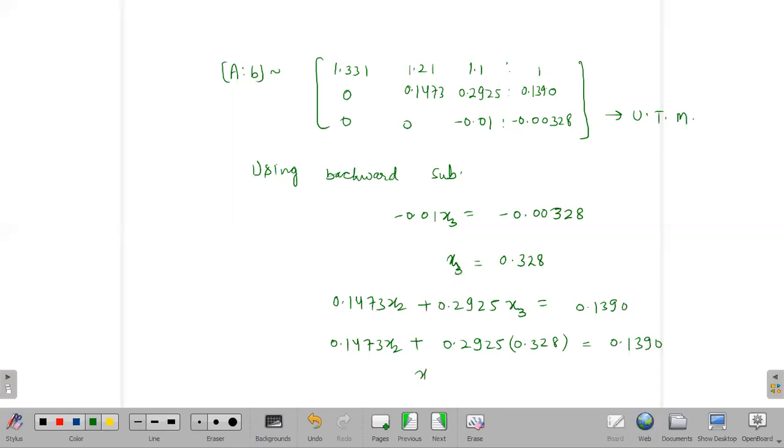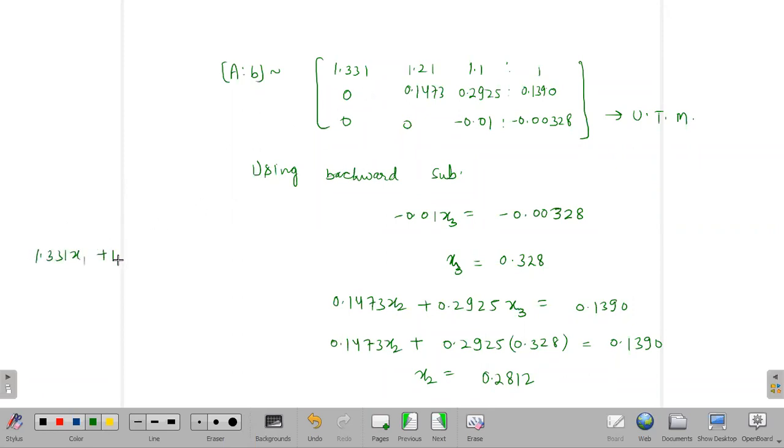If you solve it, here you have to take 4 digits, then in subtraction you have to take 4 digits, then you divide, and maintain 4 digits only. So at last you will get x2 as 0.2812. And from the first equation,